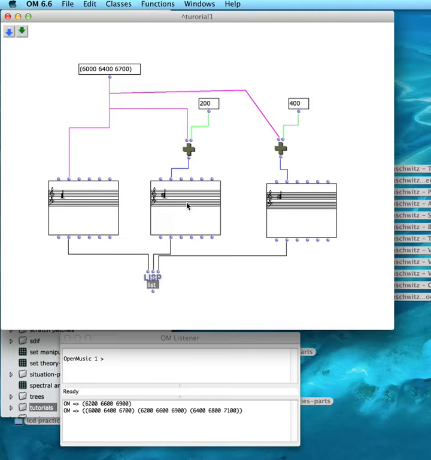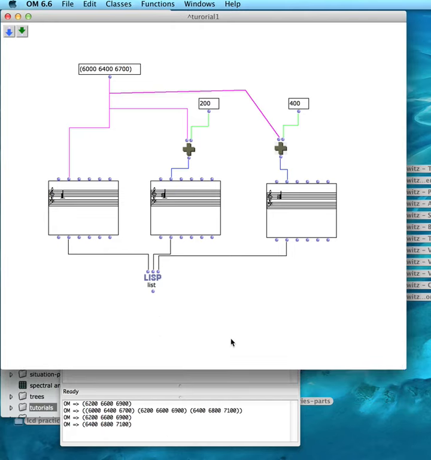This plus 200 is contained into this chord object. This plus 400 is contained into this. In other words, this list, that list, 62, that list. They're all contained into each. So what I need is an object that'll allow me to view these 3 chords as, or interpret them as, separate entities, but allow me to put several of them in a row. And that object is, double click, chord